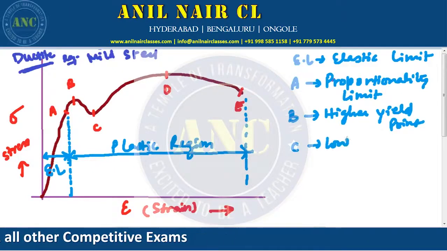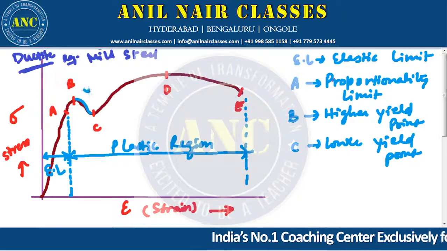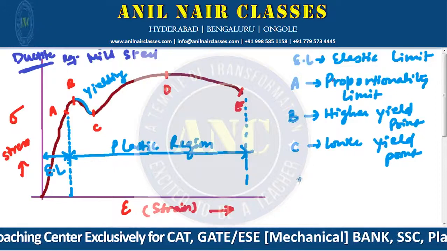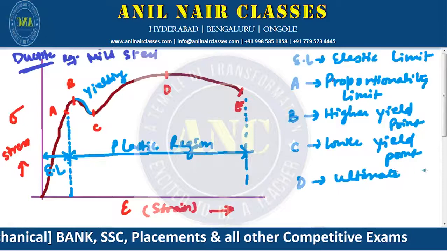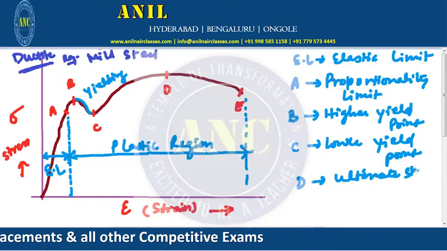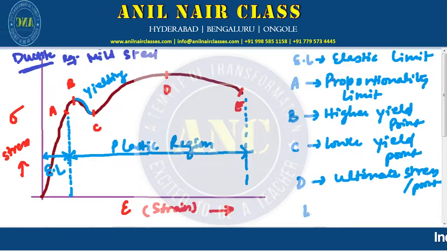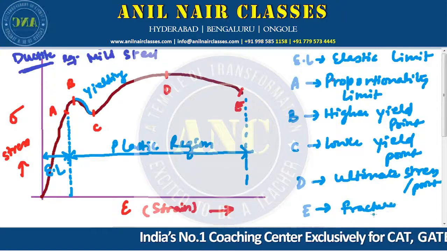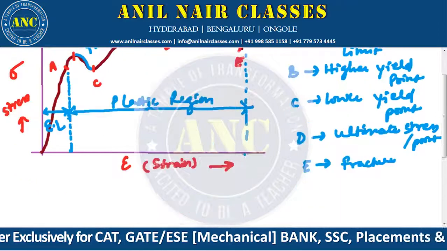C is called the lower yield point. So basically this B to C is nothing but yielding. I'll tell what that is. Then D is called the ultimate stress or ultimate point. And finally E is called fracture. Okay. What happens here is, to understand this,